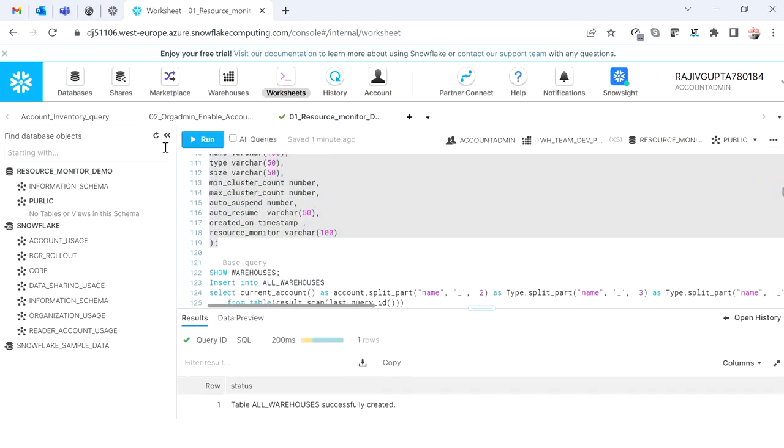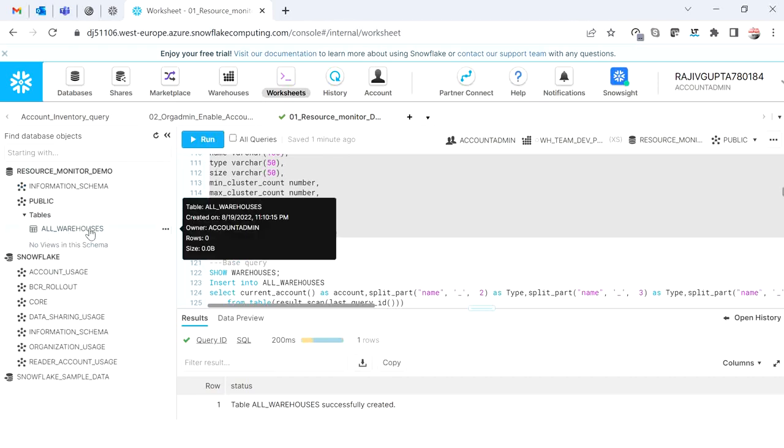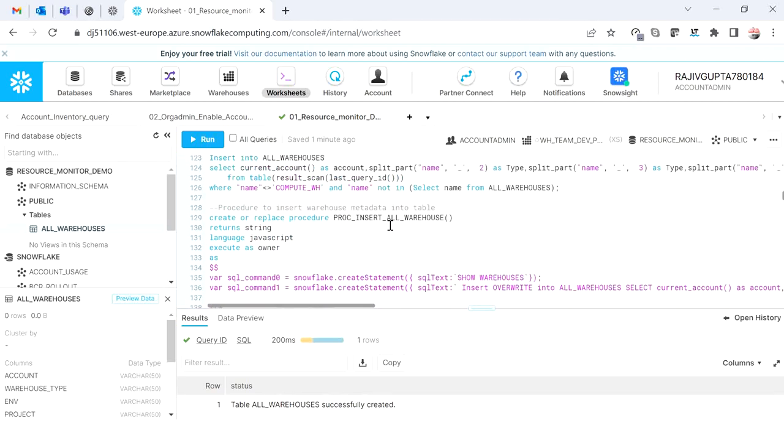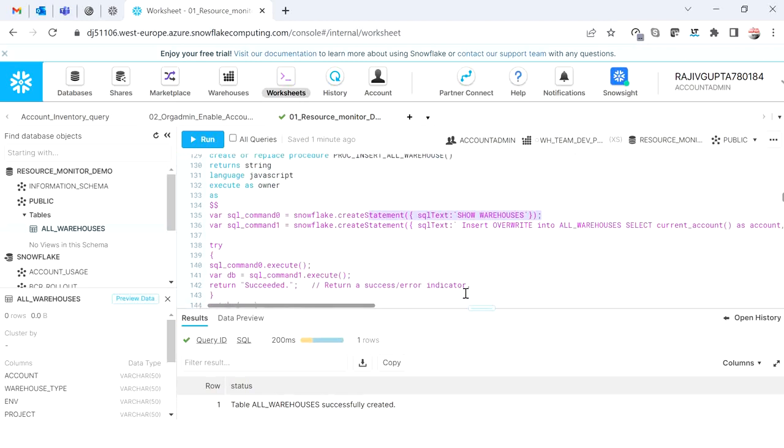So now if I execute and refresh, you will see that the all warehouse table has been created with all the required columns. Now I'm going to create a procedure, and this procedure will not have any parameter because I'm not going to pass any. I'm just going to execute the show warehouses, and then I'm going to overwrite the information into this table, all warehouses, whenever I execute, because this information is coming from the show warehouses, and whatever is latest or valid